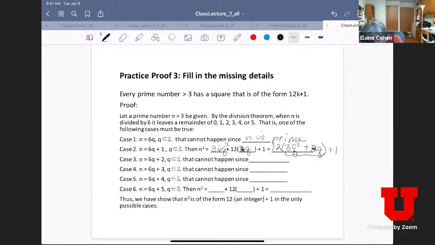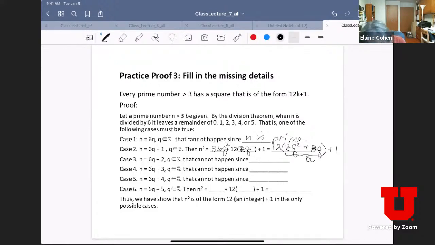Well, that's equal to k. We can't have k now. Let's say a. So that's 12a plus 1, which is exactly the form you want. So that's not a contradiction. That says, yes, it's possible: if n has the form 6q plus 1, then its square has the form